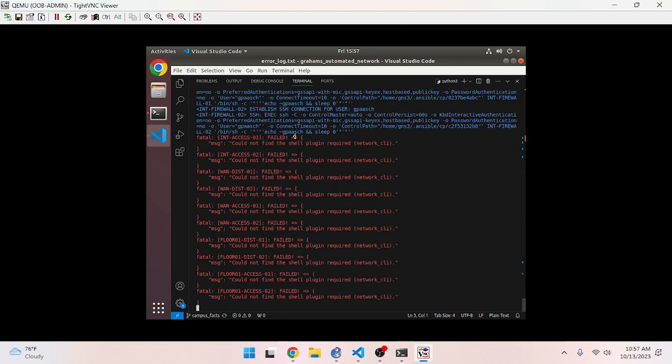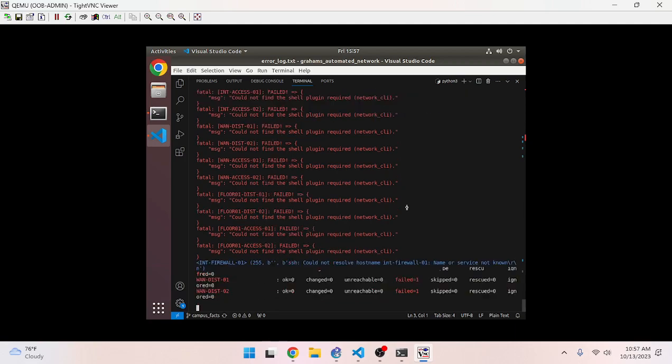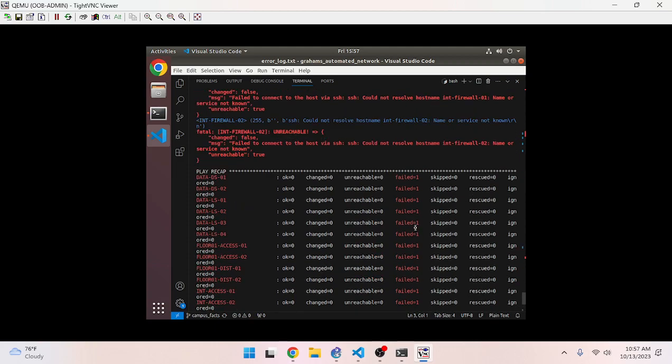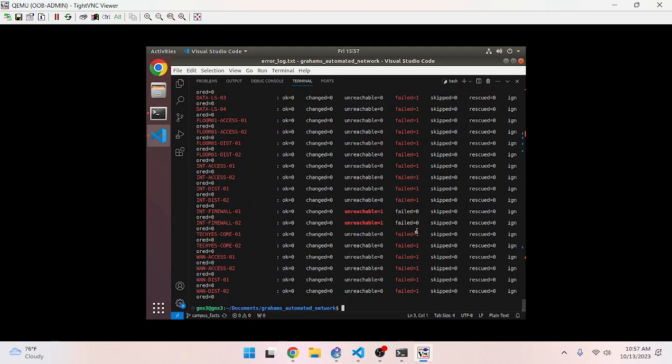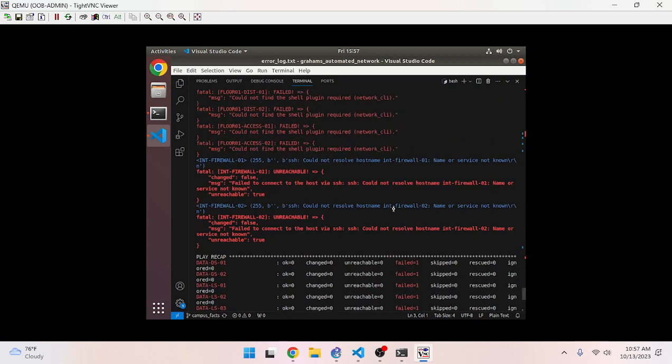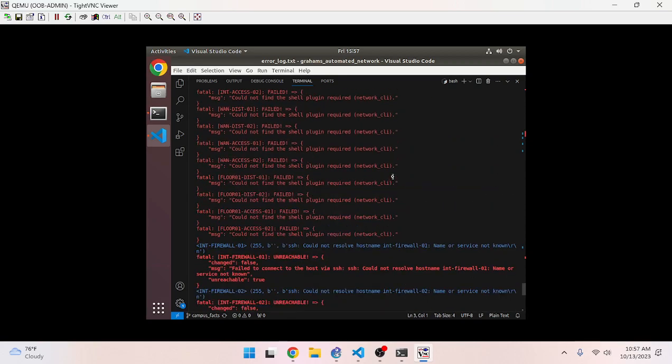We still got the same error, but that's okay because we do have actually one less error. So now it's just looking for that plugin. Yep, and we got the firewalls unreachable. That's fine. That's what we want to see. And then we've got the rest failed because we don't have that plugin. So